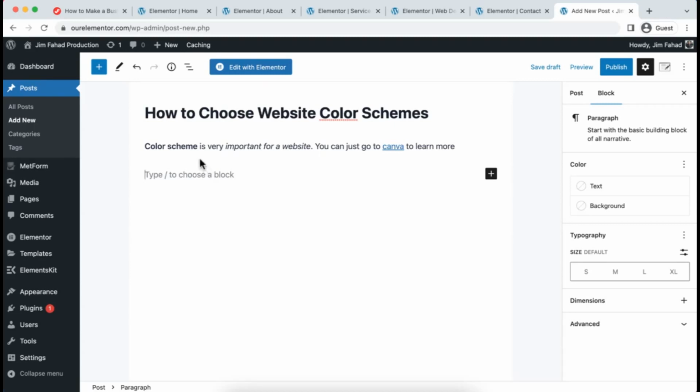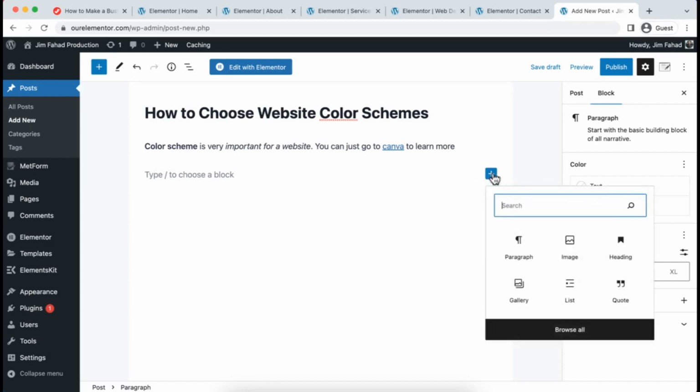Okay, so here we just need to do the simple things, like you can write paragraphs like we already have written, and also if you want to add any image, if you just put your cursor here, on the right side you can see the plus icon. Just click on this plus and you can select any of the Gutenberg widgets from this place. Okay, so I just want to use an image, so I'm selecting this image,